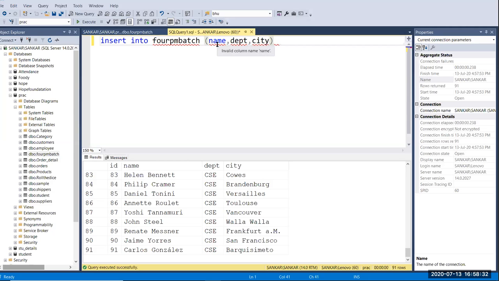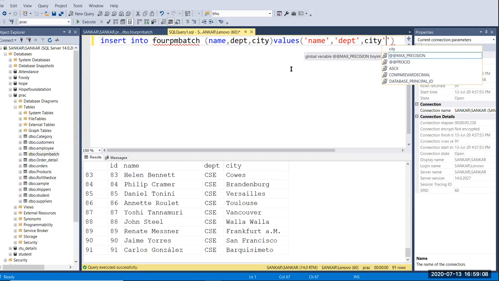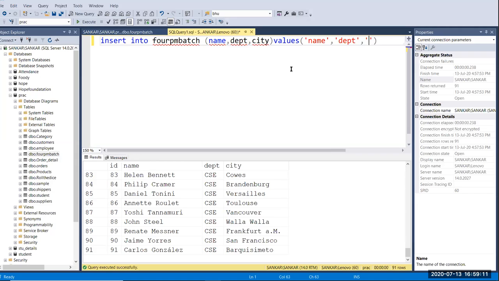In the insertion query, the ID value is automatically increasing, so it is not necessary to give it here. You just pass the rest of the 3 columns: name, department, and city. I just give the field names as values for identification.